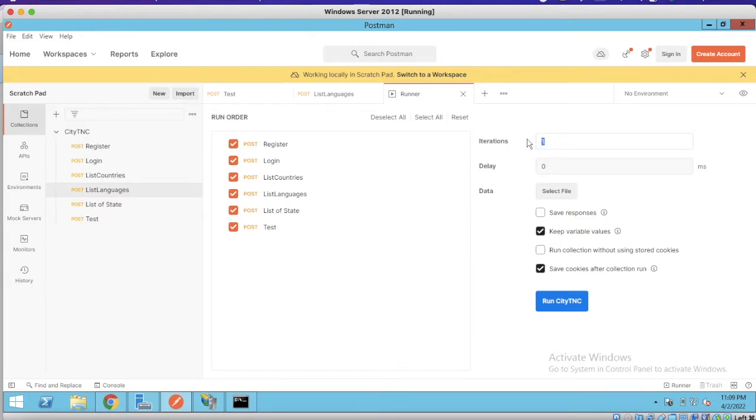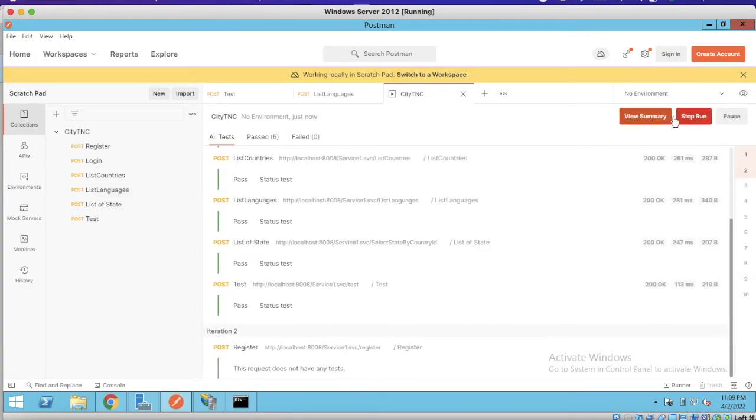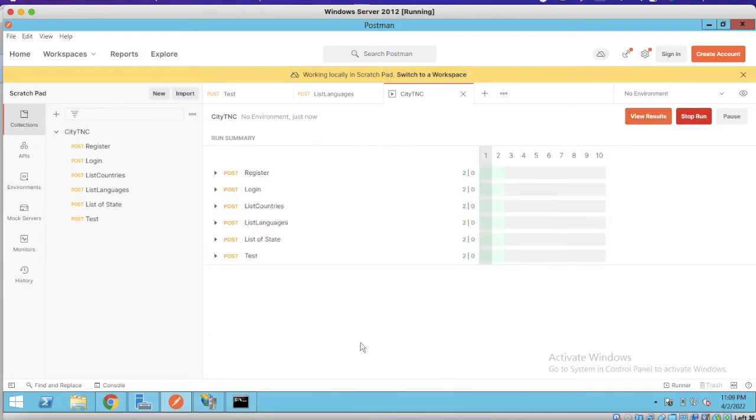Now I need to do it 10 times, 10 iterations. So the request will be sent 10 times for each, including register, and this is going to be sequential. So as you can see, this is how the iterations go, and this is the green. It tells you that the request has been sent. See, it's sequential. 9. See,